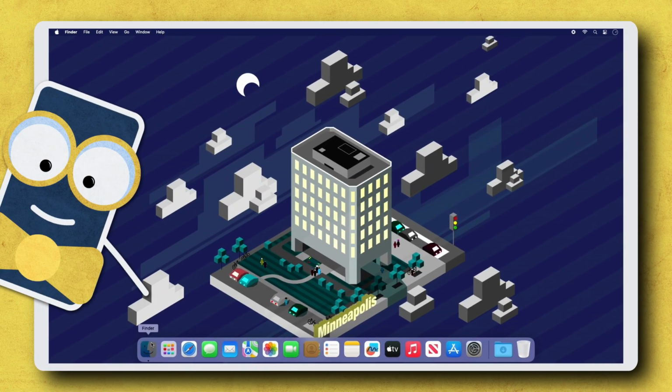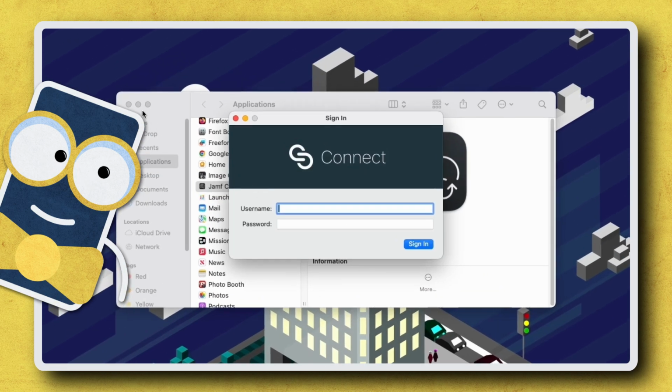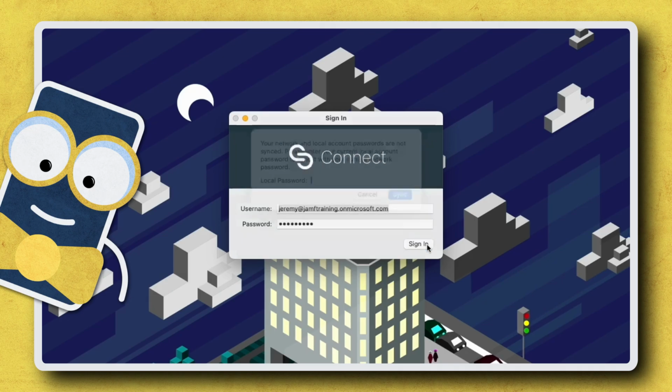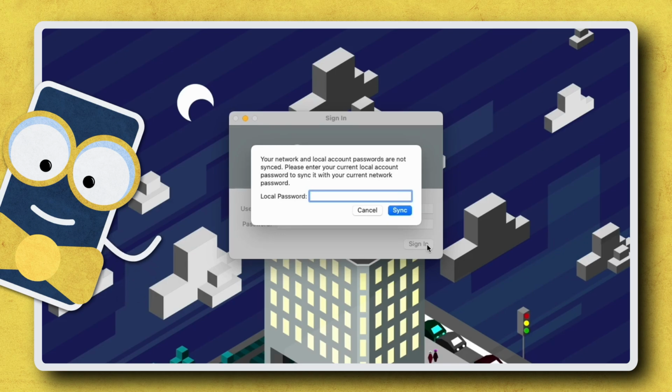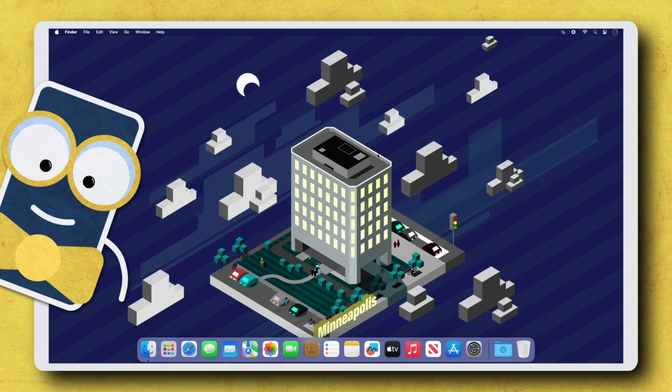However, it's important to note the app only opens automatically at login after a user has opened it at least once. If a user is logged in when the app is installed, it opens automatically when installation completes, satisfying this requirement. Then they can use the menu bar app to ensure the local account password is synced with their Microsoft Entra ID password. If there is more than one user on the same Mac, each user needs to open the app once to enable it to open automatically when they log in.